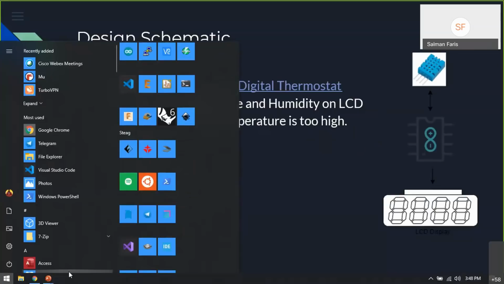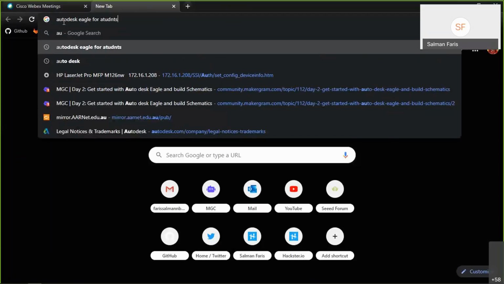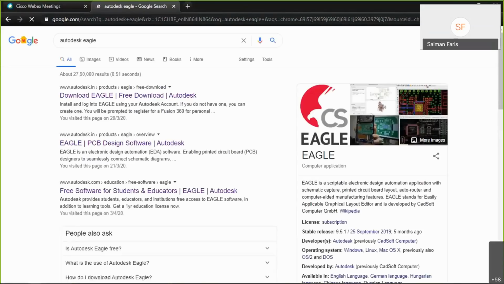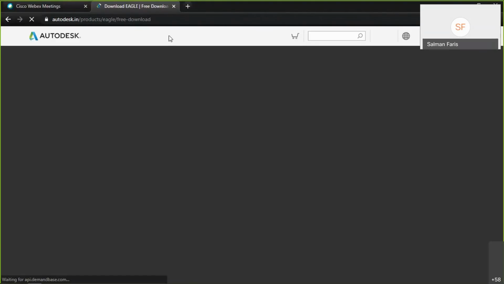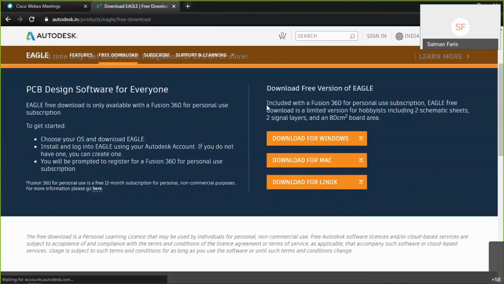First, you need to download the Eagle software. You can get the Eagle software here, from Autodesk. Yeah, it's actually free to download. I said 2 layers and 80 square centimeters is free. I can see it includes Fusion data. The free download is a limited version that includes 2 schematic sheets and 2 signal layers. Okay,